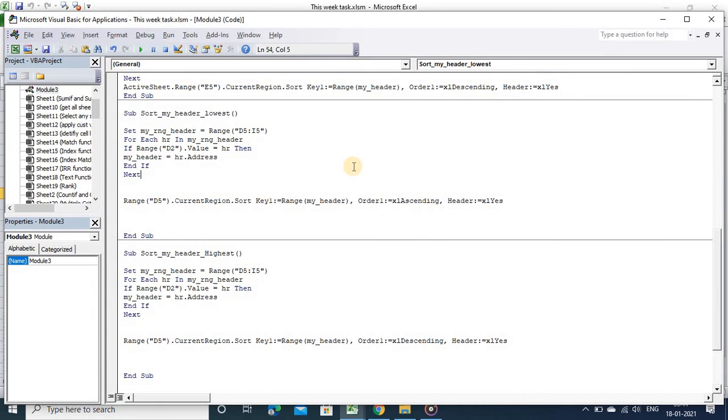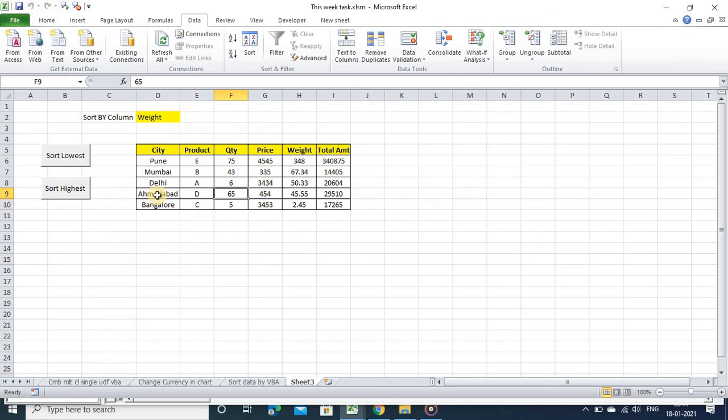That's it. If you want to sort by highest, this will show highest. See this code. This code will help you. Only this code is main, and you will have to put the header manually one time here, and all things will be dynamic once you set this manually, this range and your other range. Then all the data will show on the basis of this when you click on one button from both of these.